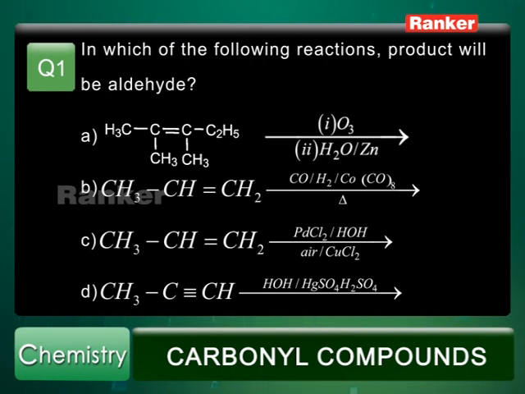The third answer is propene, and following that is called Wacker's process, palladium chloride oxidation, which follows Markovnikov rule. You will get 2-propanol. 2-propanol will be the answer. And D will be the alkyne. Alkyne undergoes hydration following the Markovnikov rule. You get propanone. So only the second answer, that is B, the oxo